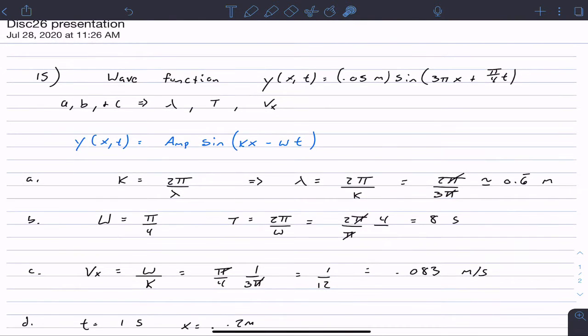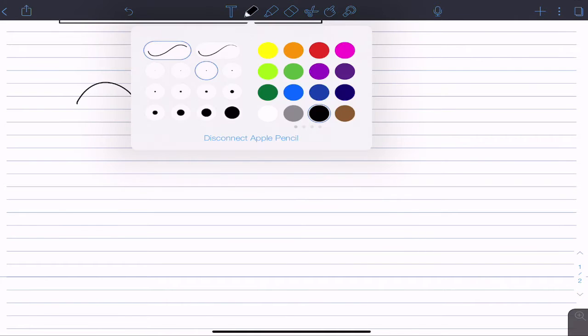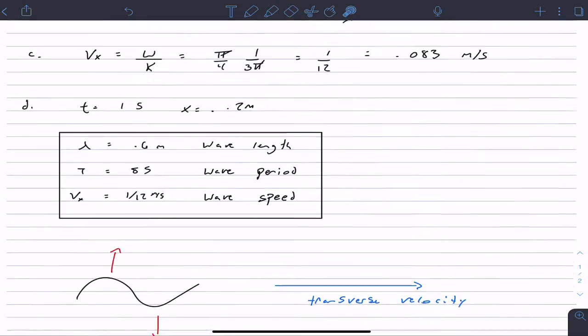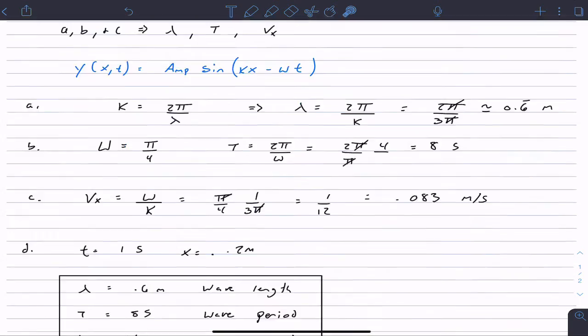So we have this wave function. We can describe a wave in one of two ways. Let me draw a better wave. Here's a wave. If it's oscillating in this direction, but it's traveling in this direction overall, this is the transverse velocity. And this is essentially the function that we're given. We're given this position, so we can just take the derivative of this to figure out